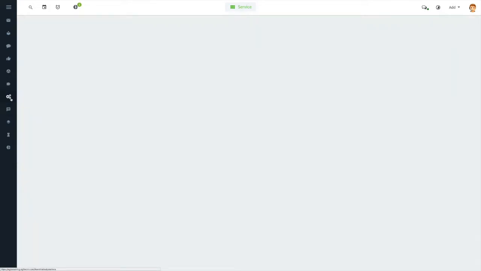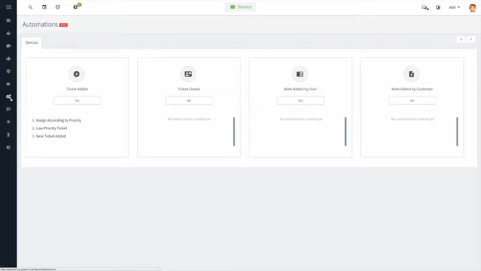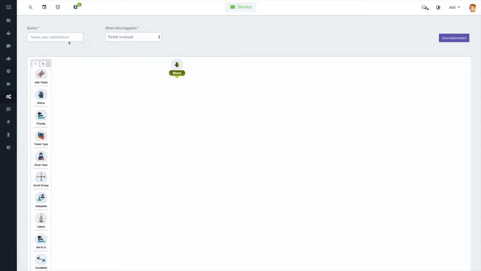And here we go to our automation. So this is one of the things that I love the most about Agile CRM, is all these great automations. So let's build one out real quickly here. Let's just say that the ticket is closed. How about that? So we're going to build out an automation. So whenever a ticket is closed,